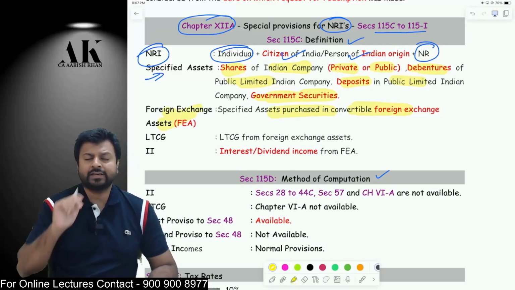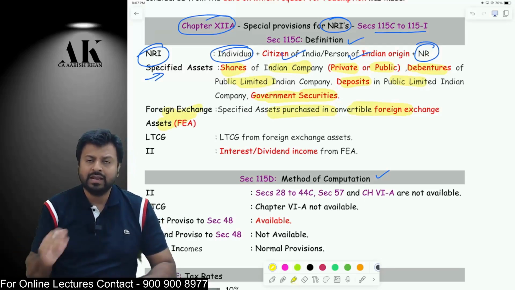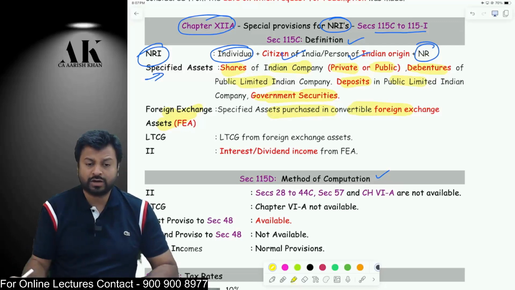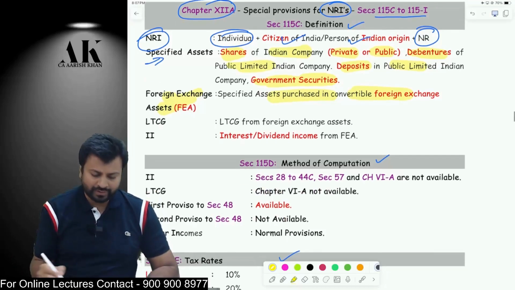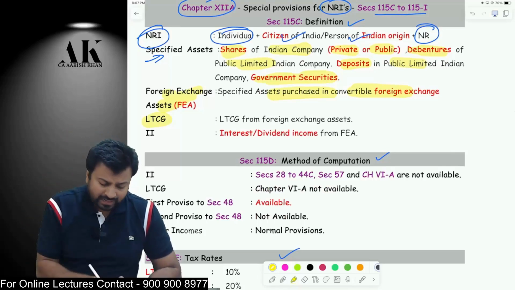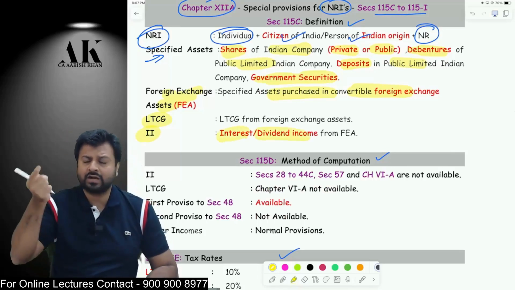Okay. Then only this section is applicable. Foreign exchange asset will be applicable. Otherwise, if he buys in Indian currency, this section is not applicable. Then which incomes are covered over here? LTCG from these assets are covered, and interest and dividend income from these assets are covered under this section,